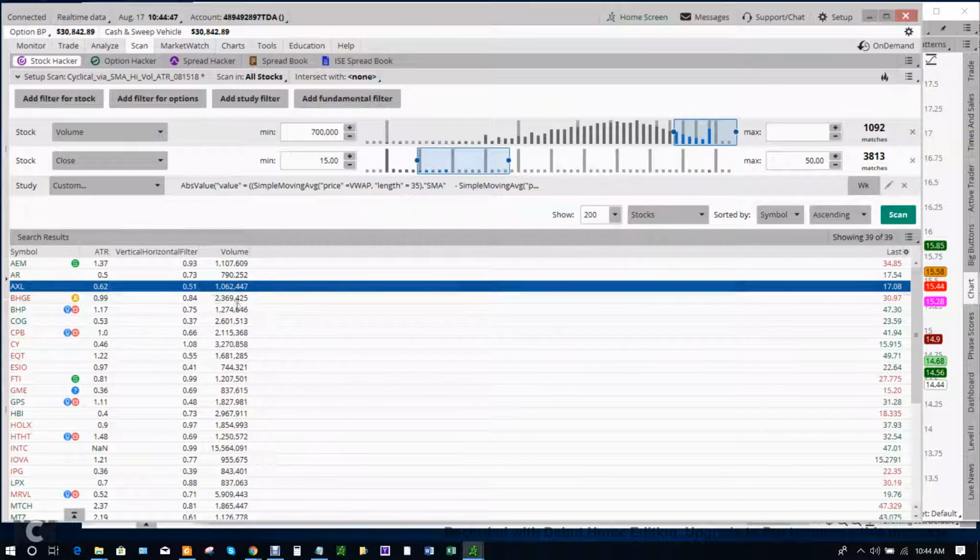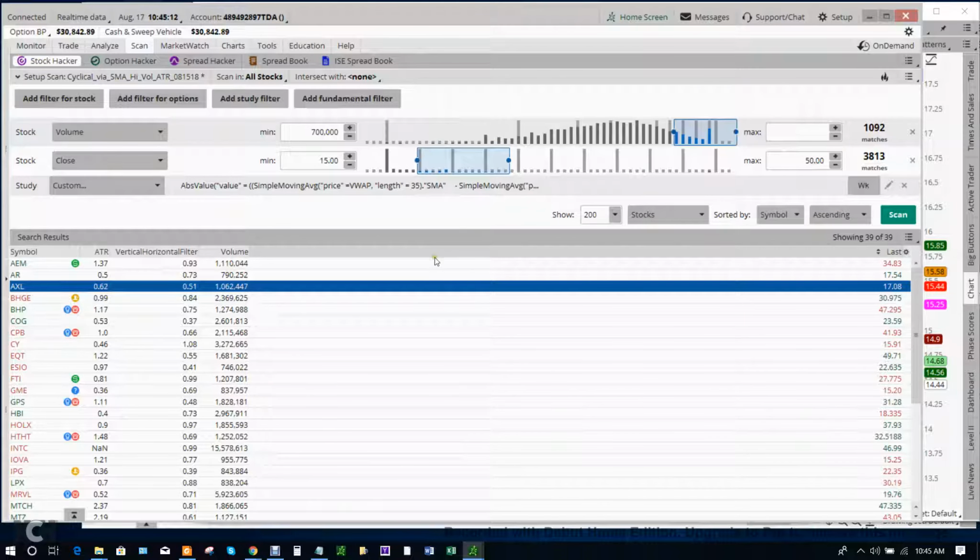This other column shows the volume. Again, we're looking for stocks that are 700,000 or more. At least that's what I do. Look at this stock here. It's 15 million shares. I don't know. This one's 6 million. That's Marvel Comics. Okay. Then there's a thing called the vertical horizontal filter, and what that's supposed to do is